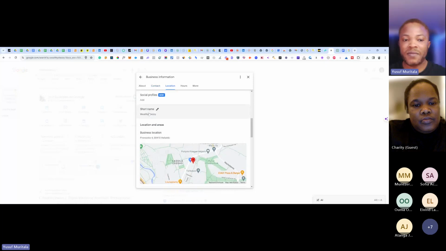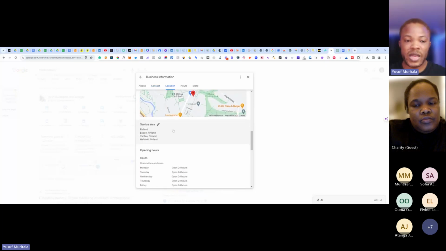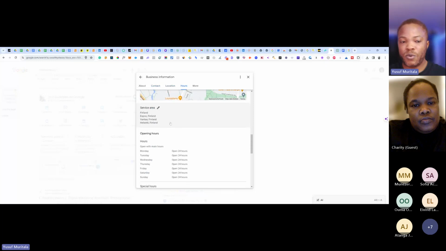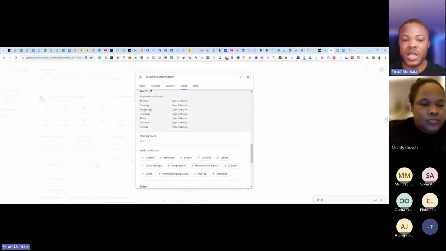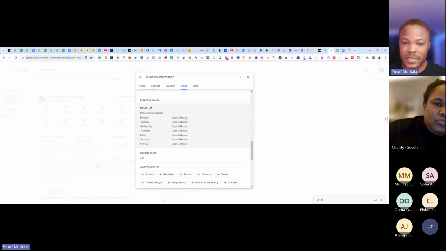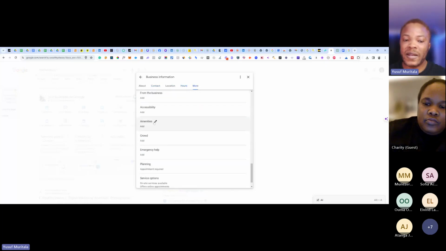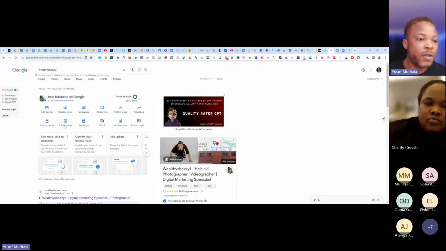Any other name that you have for your business, you can put it here. And then your service area, where you serve, Finland, anywhere, which city, you can put it. Your opening hours are very important to have, and also other relevant information. And that is it for that one. Now, the other important thing that I want you to do is your services.